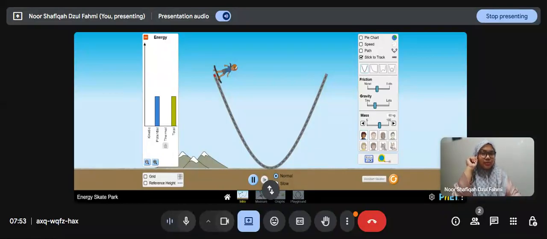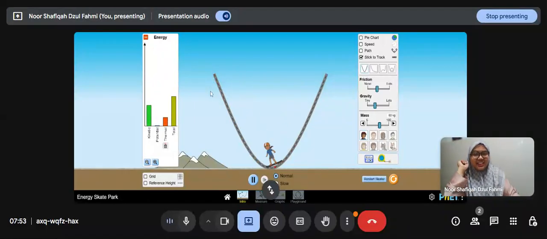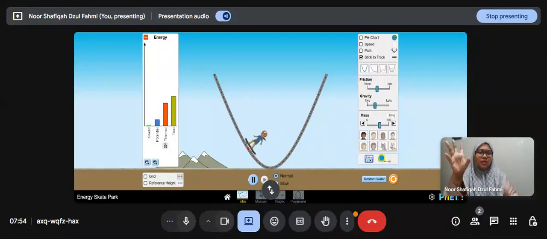I will let her go in the count of three. One, two, three. Okay, now take a look at the energy graph over there. We can see that the total energy is still remaining the same, right? From the start up to the end. Okay, and then you can see that Lisa is actually slowing down and becoming at rest. Right about now.